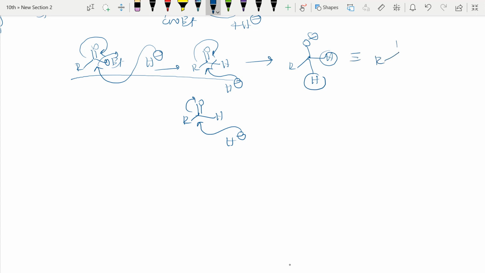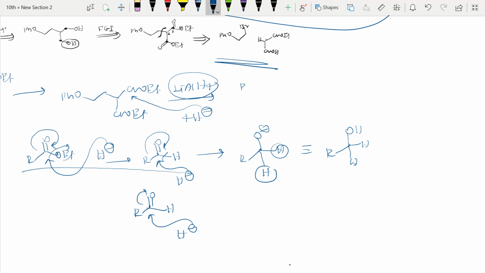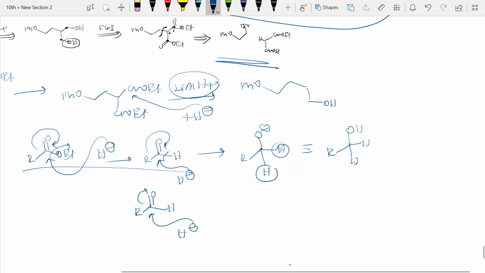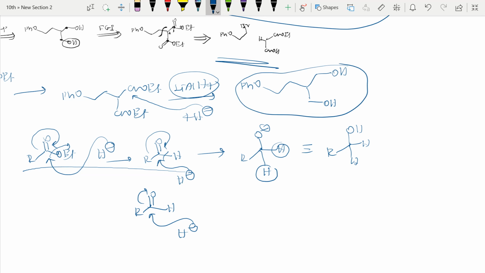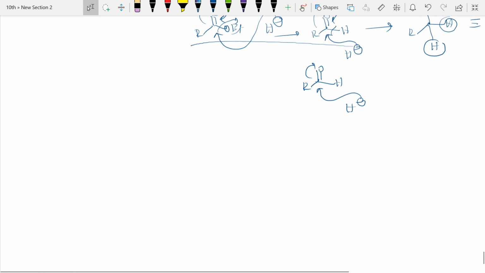So what happens? RCH2OH. Alcohol we get. The other two hydrogens will be the same, right? So what will I get? So in this reaction, we will get PhO, CH2, here CH2 will be there, that is converted to alcohol. Here the ester is converted to CH2OH, right? So we will get this product. So whenever there is an alcohol, we need to do functional group interconversion, we need to convert it into esters, because when we treat with LiAlH4, those esters will be converted back to alcohol, right? So these are the few examples in this 1,2 carbon-carbon disconnection.